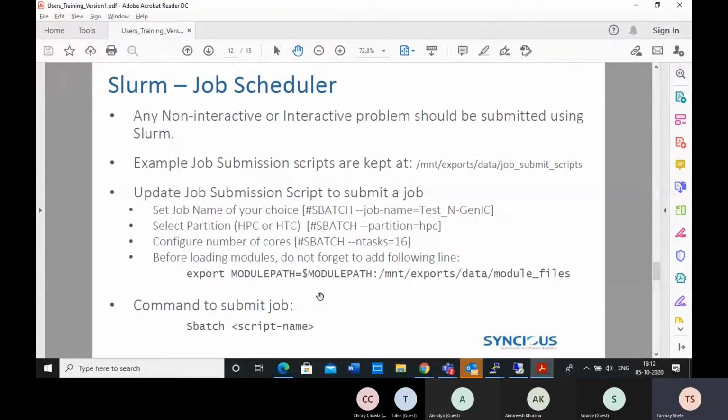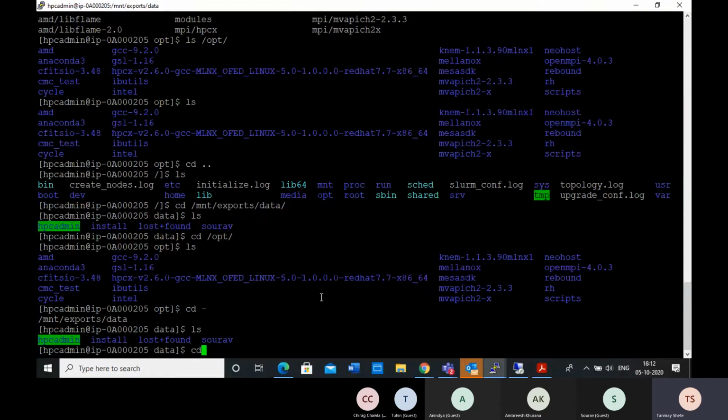So Slurm job. Slurm has a similar command line interface to the one we have for PBS.